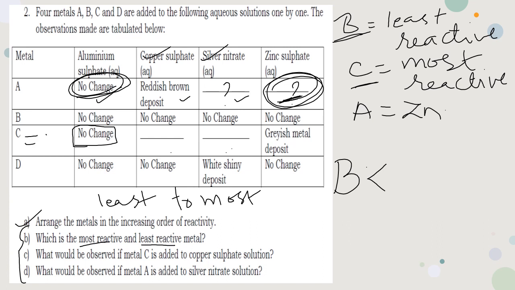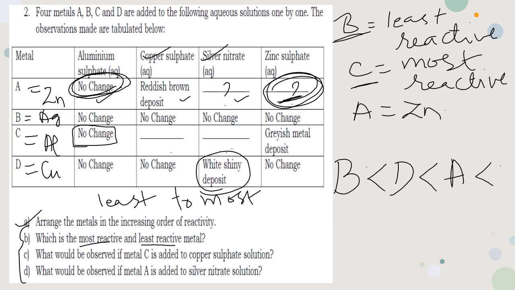We have found out that C is aluminium, A is zinc, that means B is silver, and D is copper. This you don't have to mention in the answer. This is just for your understanding so that you can arrange them quickly. So B is least reactive, then comes D, where displacement is taking place. Then we have A, and then the most reactive is